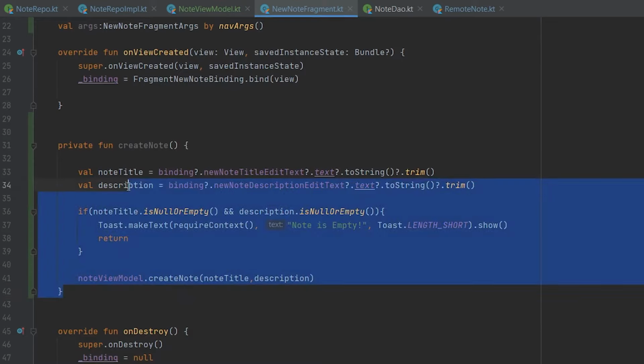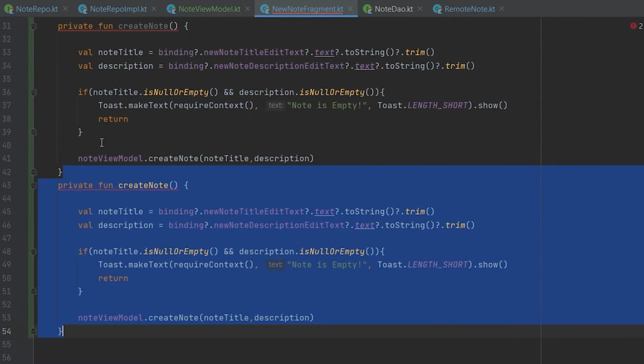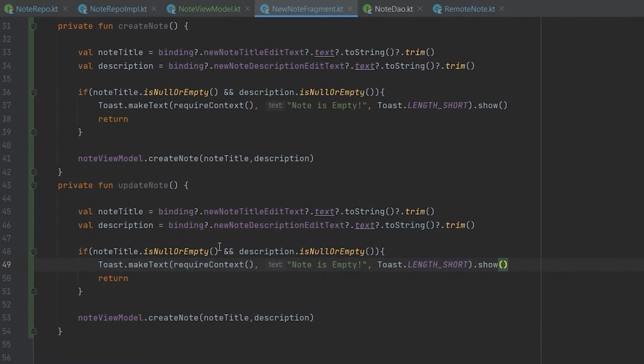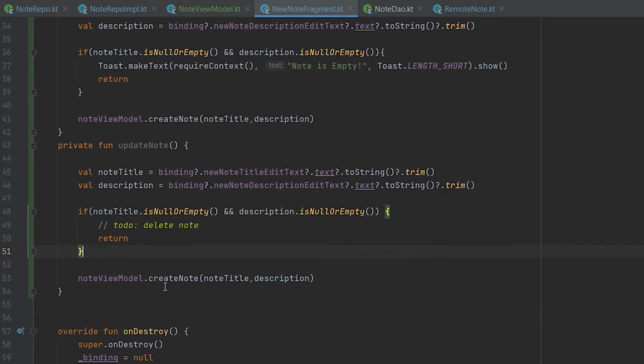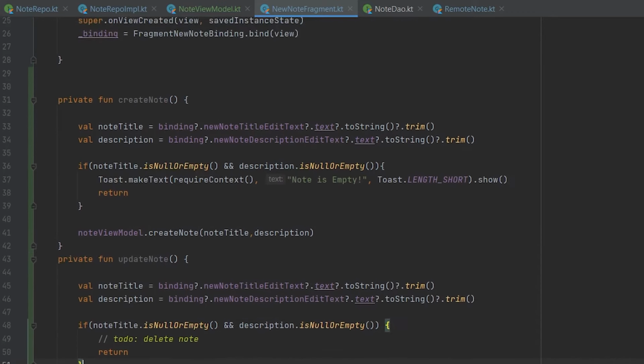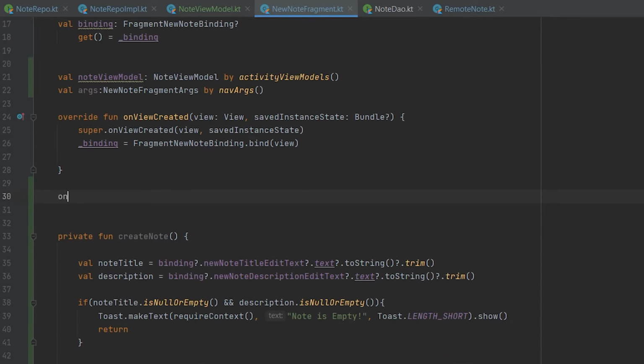Similarly we have to create one more function which is update node, and now here if the node title and description both are empty, then we don't have to update that node, we have to delete that node from our database and server, because we haven't created our delete function yet. So create a to do delete the node, and then we have to update the node, and that's pretty much it. And now we need to override onPause function,